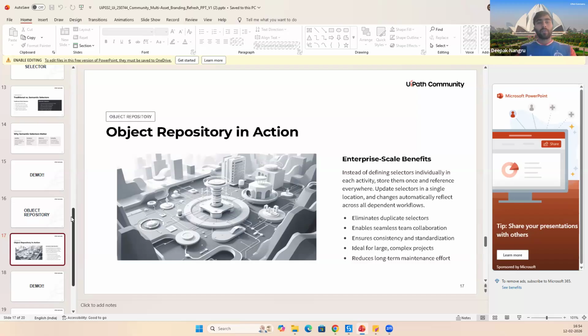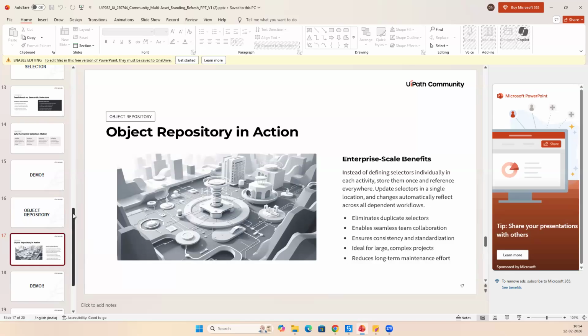You have a selector, and normally in selectors we have strict, fuzzy, CV and image. That is a fallback method: if the first fails, it tries the second, if the second fails, it tries the third, and then the fourth. But the healing agent is a patch. If it is working in an environment, it will consume units in that area. What is a patch? A patch means that it is running there, some issue has come, and it is just fixing it for you at that time.